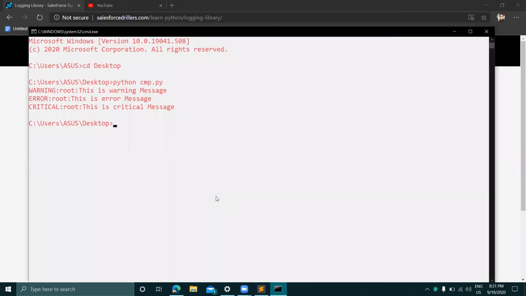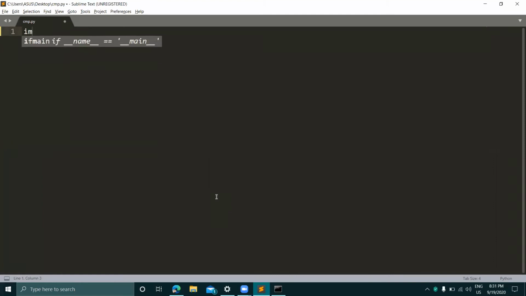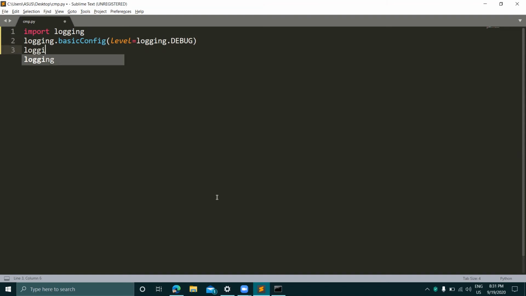Okay, so now what we will do? Import logging. Okay, so logging dot basicConfig, level. Then logging dot debug, this is get logged.